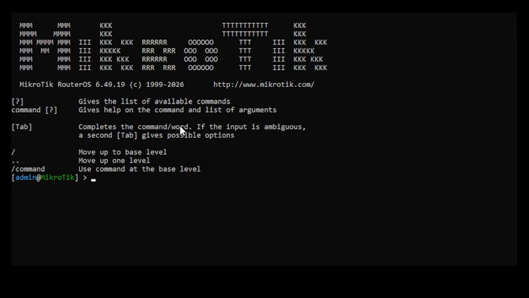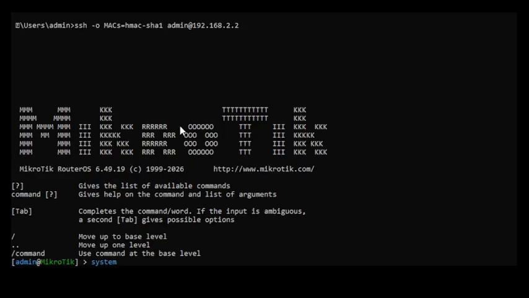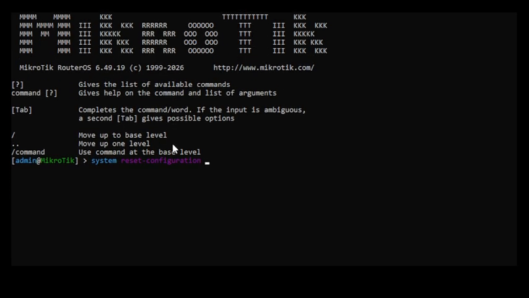Okay, let's go directly. Here in this video, I'll show you how to reset the router configuration. There are two modes that you can reset the router. Here I have logged in the terminal. Reset configuration. When you type reset configuration here,